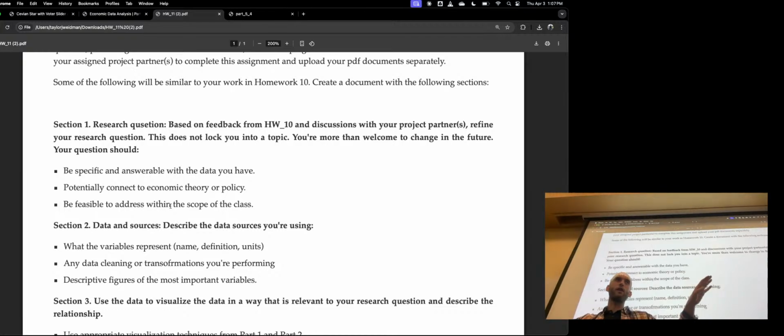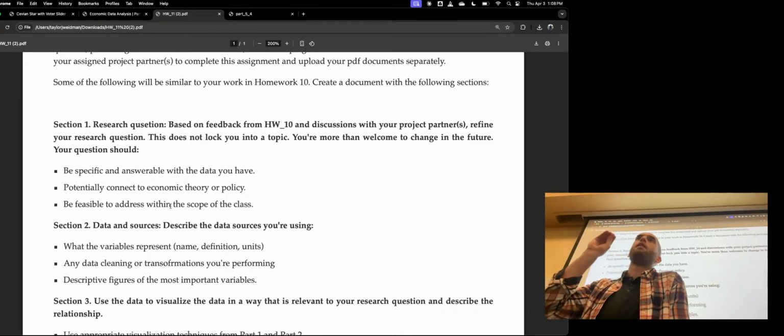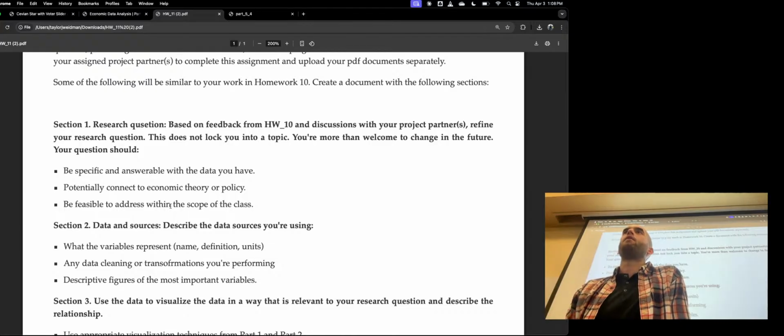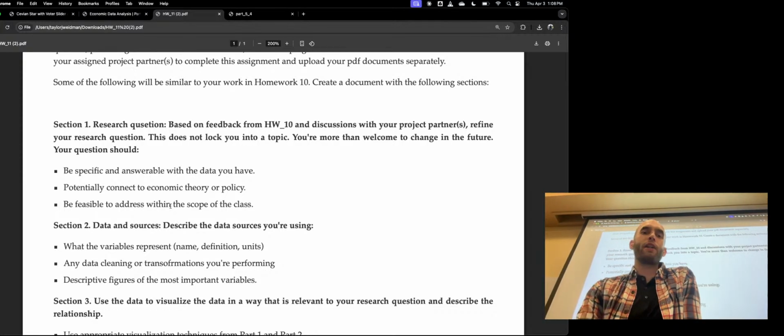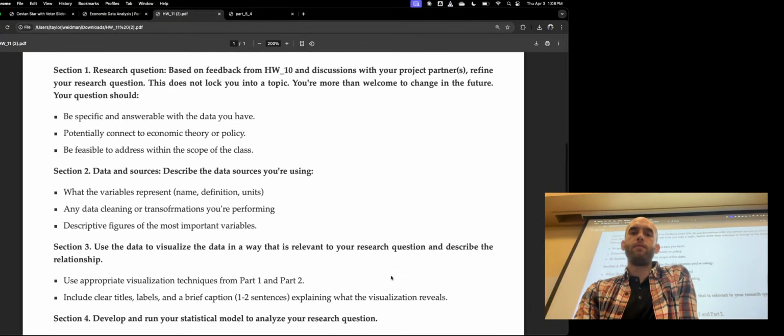This is a 100 level class. Imagine yourself with training wheels still on. We're not trying to make groundbreaking findings in this class. You can if you like, but often what I see is students trying to be very ambitious with projects like this, and I just don't recommend that. Treat this as like a practice round. So the next time you try, you'll be better at it. But don't try to overwhelm yourself with something that's very difficult. Remember the scope of what we're doing.